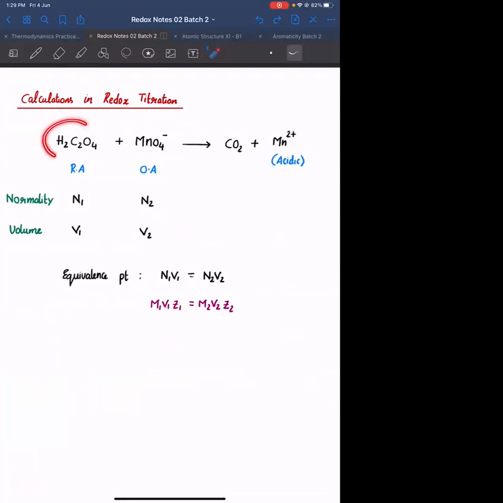Initially, you will be having H2C2O4 plus the indicator. Whenever I am adding the opposite solution, मतलब यहाँ पे reducing agent है ना? Whenever I am adding an oxidizing agent, first it will be reacting with H2C2O4. After endpoint, at equivalence point, what will happen? The entire H2C2O4 will be consumed. After the equivalence point, I will be adding one more drop of oxidizing agent. That oxidizing agent will be reacting with the indicator. वो indicator से react करके उसका color change करेगा.